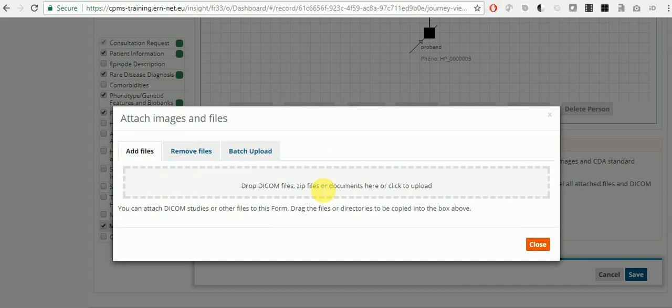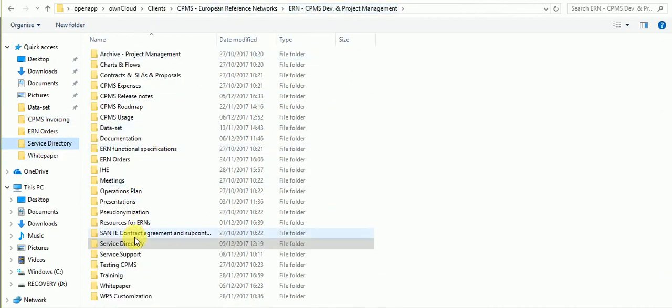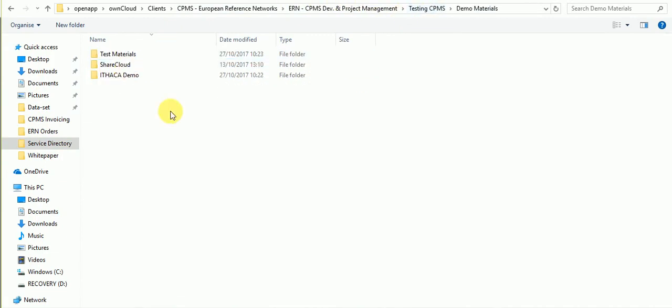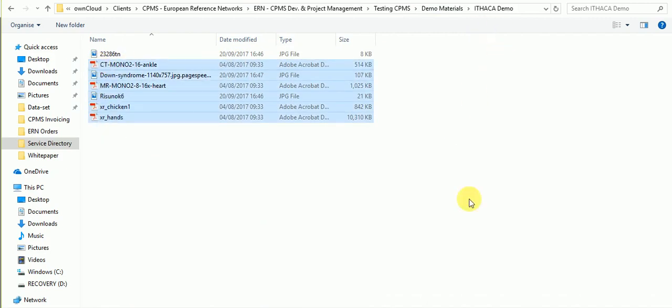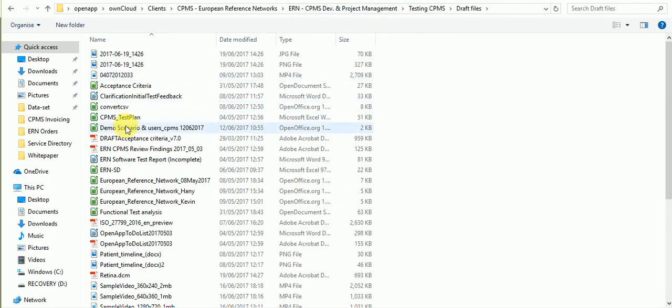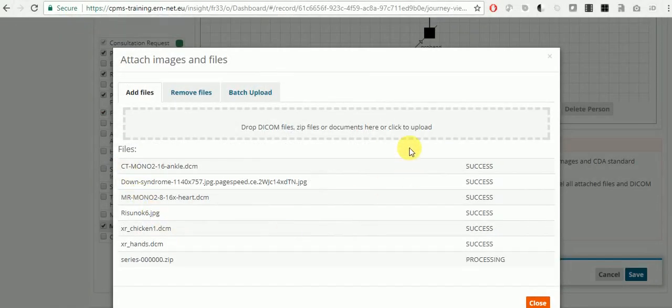Here you can just drag and drop icon files or other files. So I will go here and attach some documents. Once I get all the documents that I have successfully uploaded into the system,